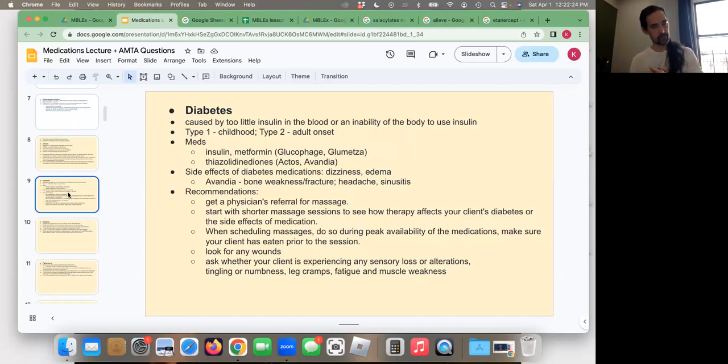Just to remind you of the role of the hypothalamus and the pituitary gland in this: the hypothalamus, which is like the main sensory unit or command center of the brain, senses that there is elevated blood sugar, and it sends a message to the anterior pituitary gland to produce